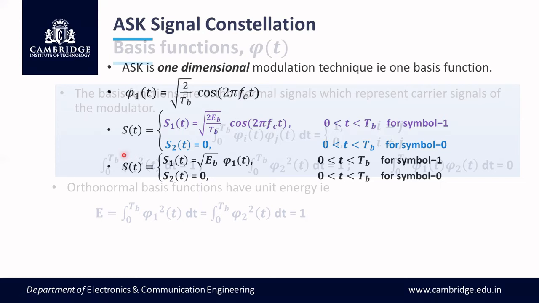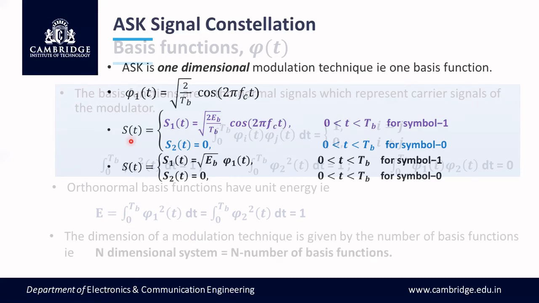If we look into the final equation of this ASK, s of t, based on ASK signals with two different amplitudes for symbol 1 and symbol 0, the number of basis functions will declare the dimension of the communication system. If you introduce two basis functions, phi 1 of t and phi 2 of t, we end up with a two-dimensional system. But here in ASK there is only one carrier signal. We can come to the conclusion that with two different amplitudes and one basis function phi 1 of t, which is common for both signals, ASK is a one-dimensional system.